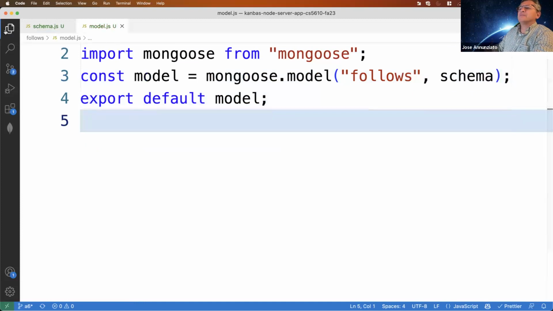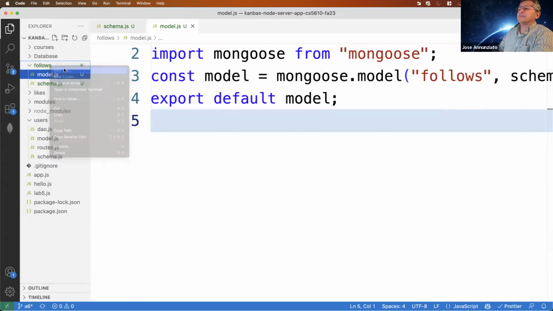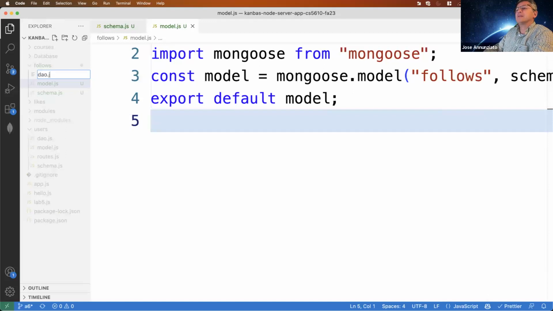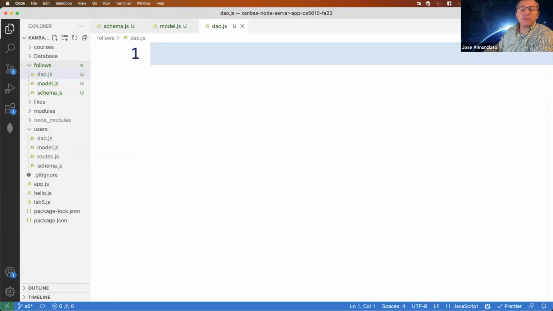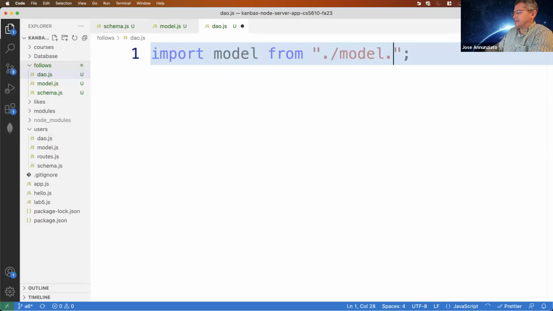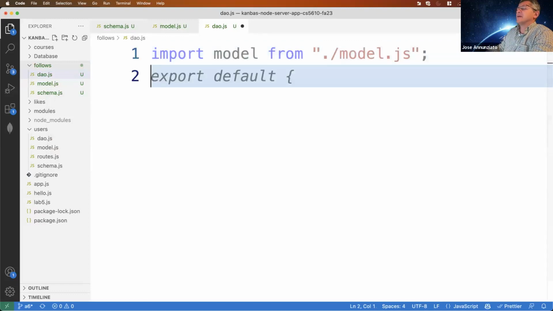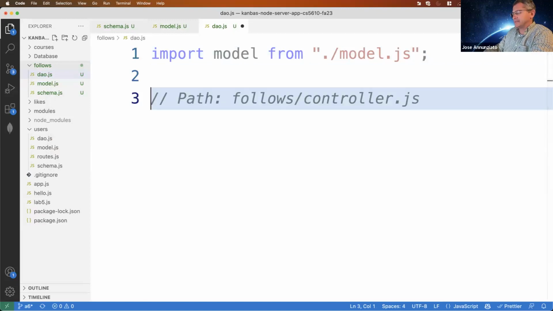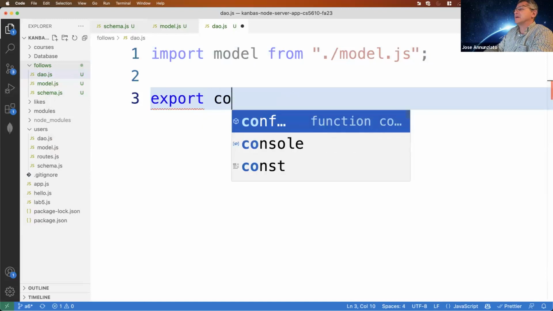And then we're ready to start working on the DAO, right? So this is the DAO, and this is going to have the various operations that we want to do on the follows, right? So let's import the model from the model.js file, and we're going to implement several operations. So let's see, we're going to need to export const.